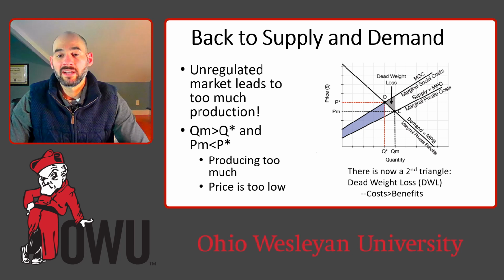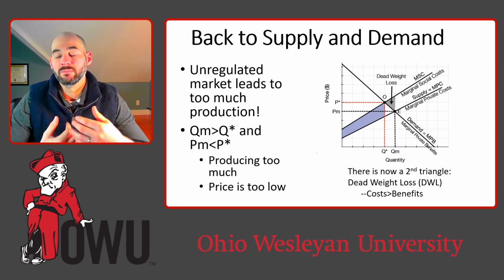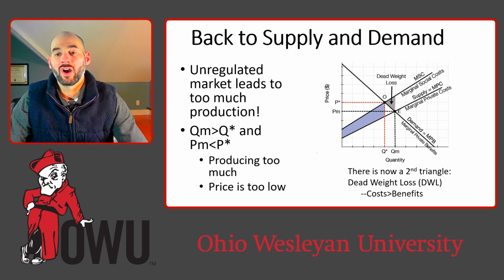And so when we have this missing market, when we are not accounting for the cost to society, then we're going to overproduce that good, natural gas, at too low of a price. And so in an unregulated market, we would be producing point E here, but the optimal amount of production of natural gas for society would be point O. And so we know that because